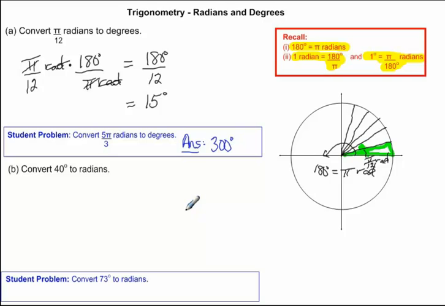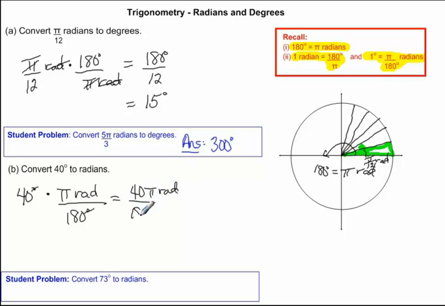I'm now going to move on to converting 40 degrees to radians. Okay, so now we're going from degrees to radians, so I'm going to use the second conversion up here. I'm going to take 40 degrees, make sure you include your units, and multiply it by pi radians over 180 degrees. We're multiplying them, so the degrees units cancel out. And I get 40 pi radians